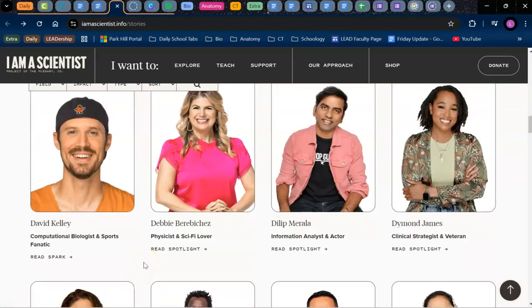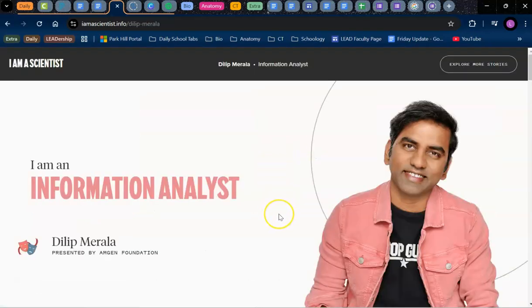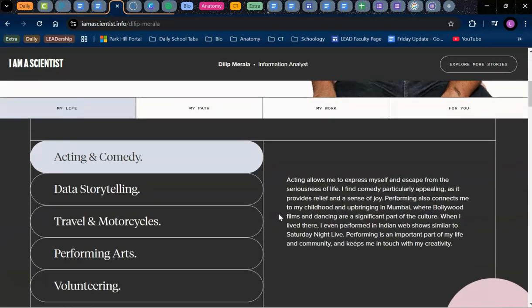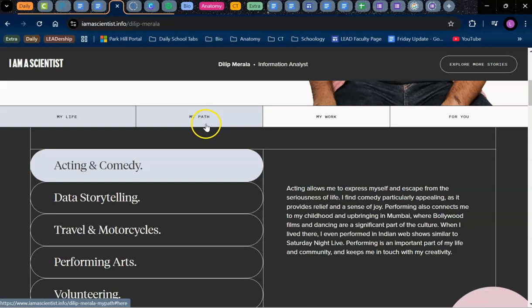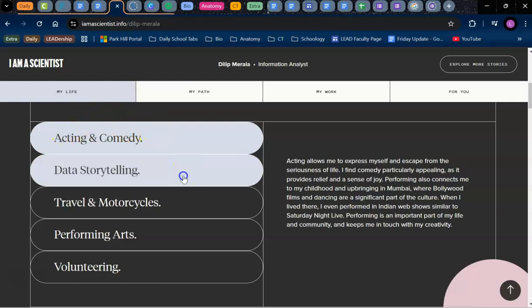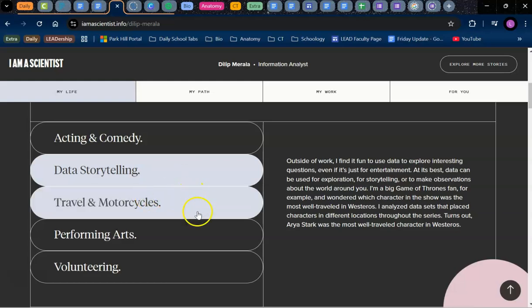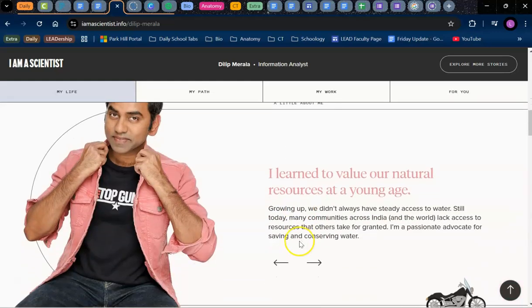So if you select somebody that you are interested in, like, ooh, informational analyst, I am not sure what that is. Let's learn more about it. You can click on their profile, and there will be a lot of information related to their actual career, but also about them as a person and human being. And so they have lots of different portions of their profile, my life, my path, my work for you. And you can see here, this scientist also loves acting and comedy. They have some information about data storytelling. I guess they like travel and motorcycles, performing arts, and volunteering. And as you scroll down,